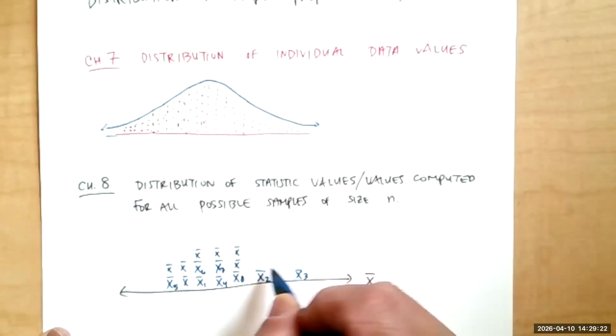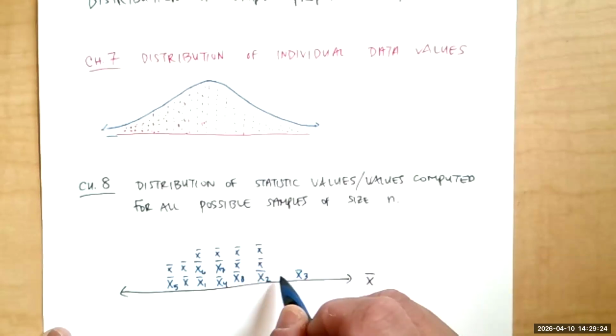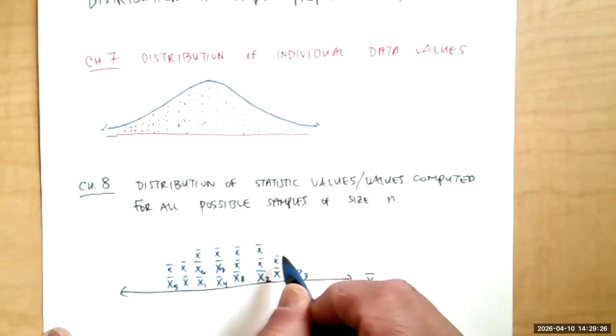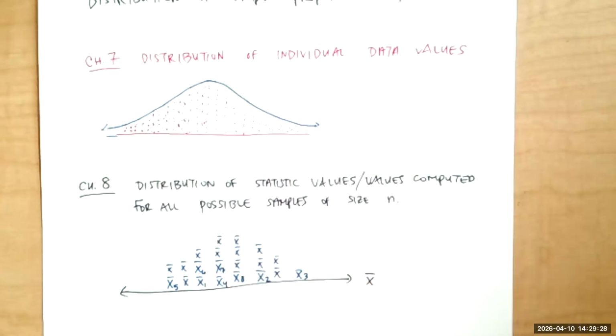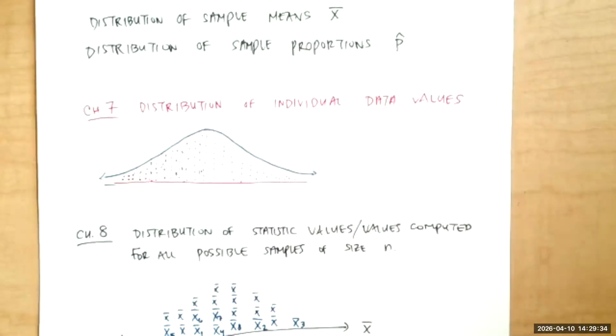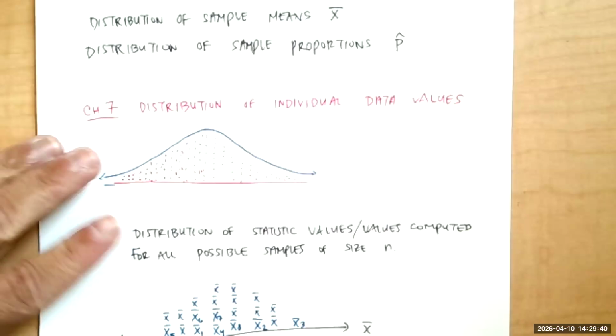So now, instead of having those individual X values, if you will, we're going to have these sample values that we're starting to accumulate. We can do the same idea with proportion p hat, those sample proportions. And now we're building a new distribution, a new kind of curve